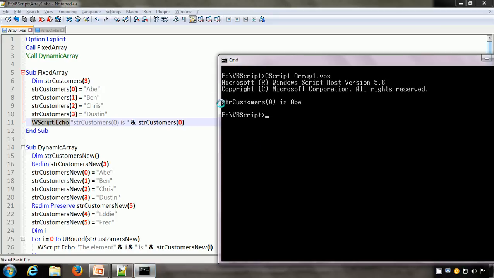So it says strCustomers(0) is Abe, and this way we can print out anything that we want using the command line VBScript host.